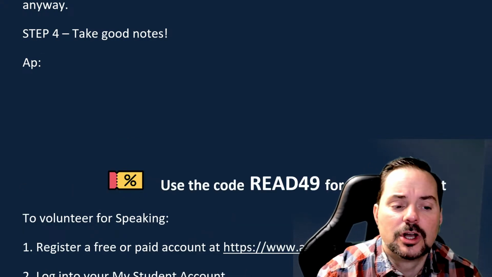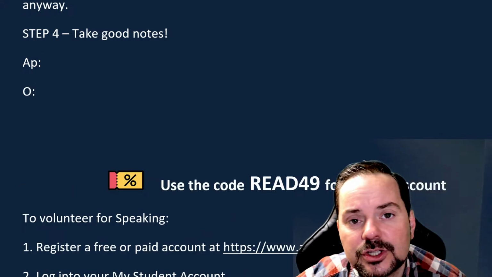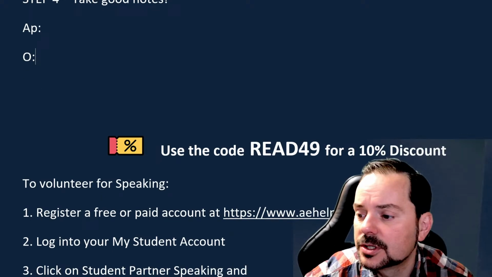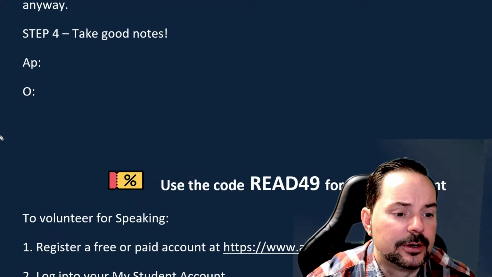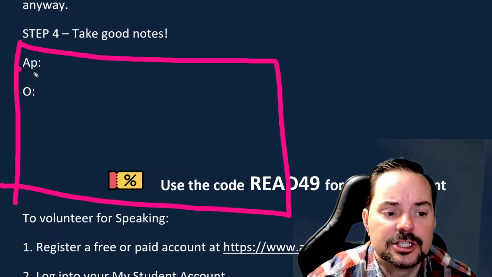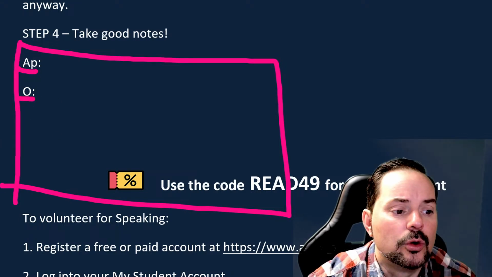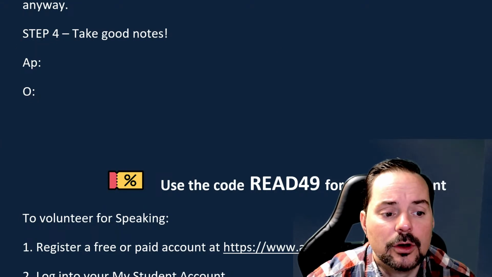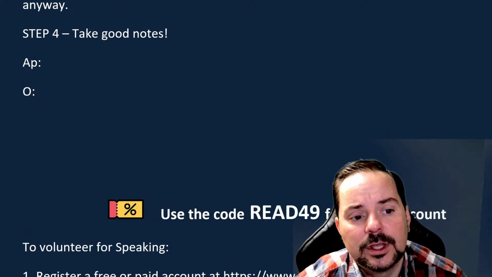Okay, talk about the origin. I'm going to abbreviate that as O, and you can actually do this in your notes. So if you have your note paper in front of you in part 2, this is your note paper, then actually write down A, P, and O, so that you know that, okay,